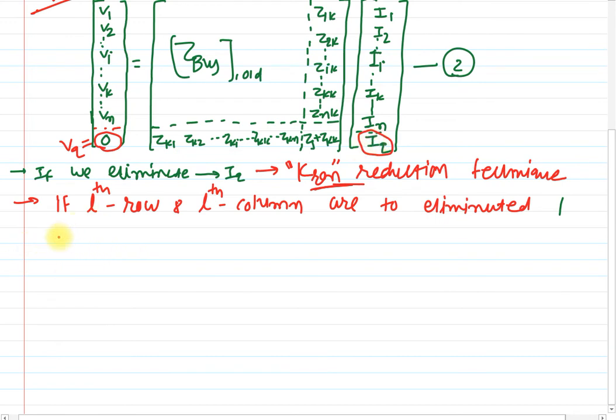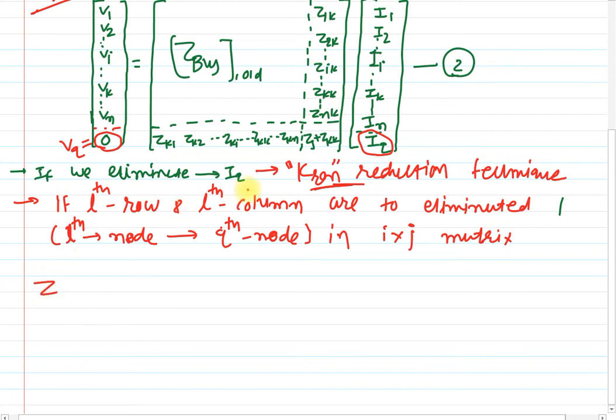Or I can simply say, we can eliminate the Lth node, that means in our case the qth node, from this system. Then we can apply the Kron reduction technique, which is in an i cross j matrix.